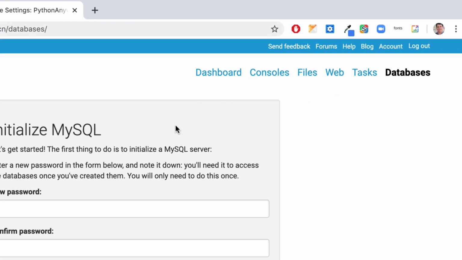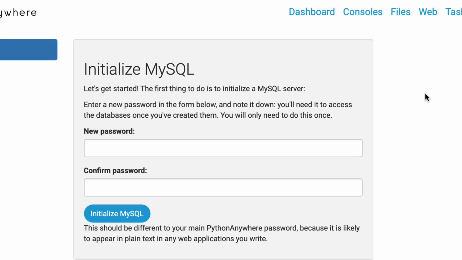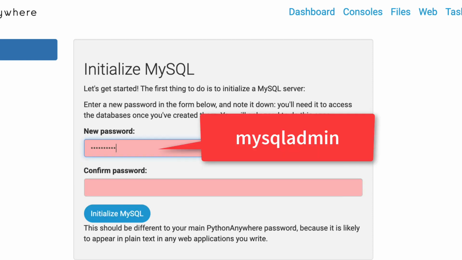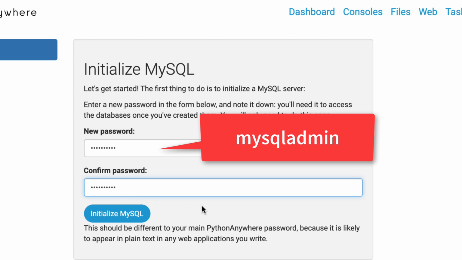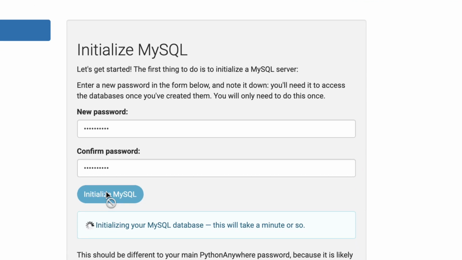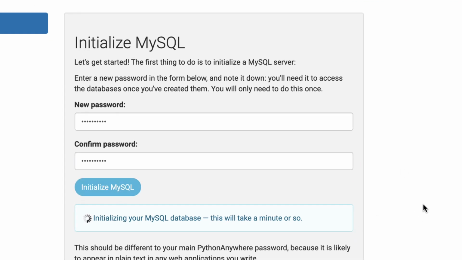And it says initialize MySQL, and we're going to be using this. So what you can do here, I would just say let's all use the same password, which I'll give you. So we're all going to use the mysql admin. We're just going to use that. That way we all have the same password. You shouldn't have to put this in very often, especially when you're working in here. If you have any problem, we'll just call it mysql admin, and it'll be okay as long as you do it the same way twice. And we'll all try to keep that same password, and I'll initialize. It says it'll take a minute or so,